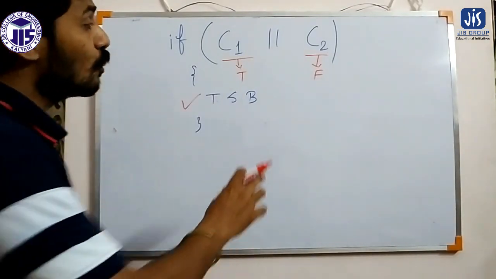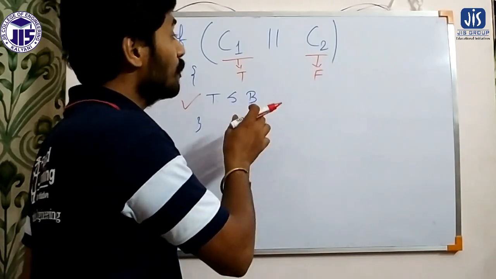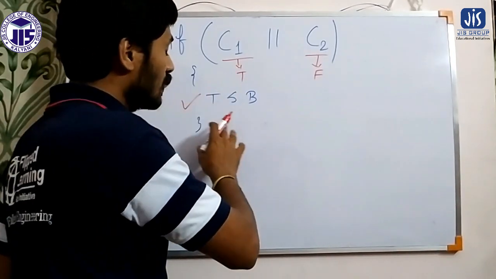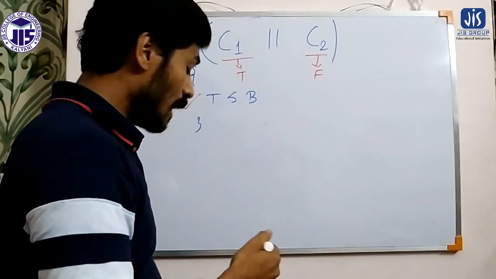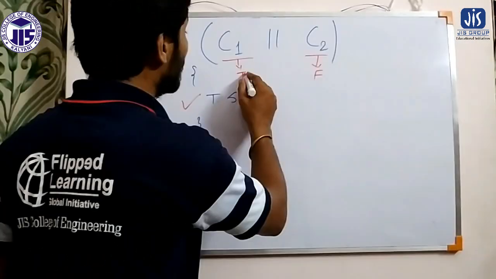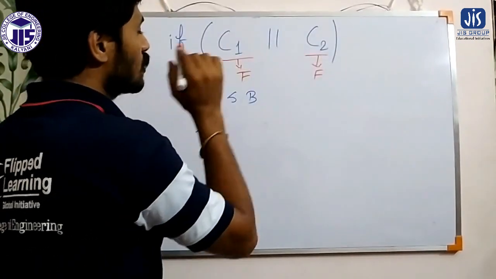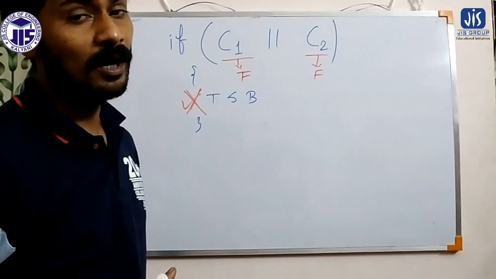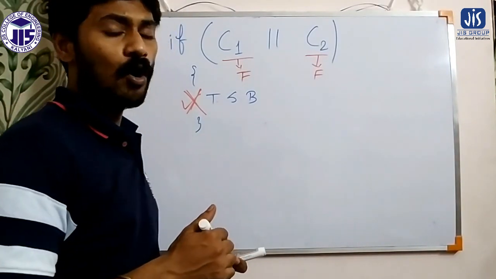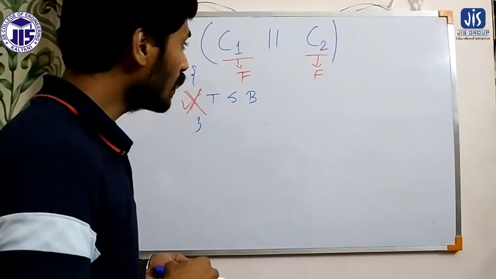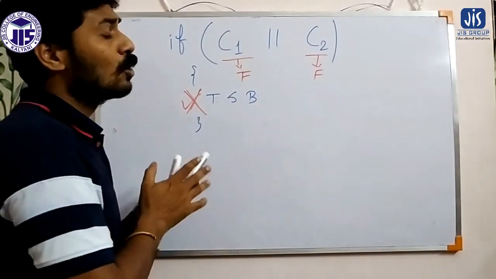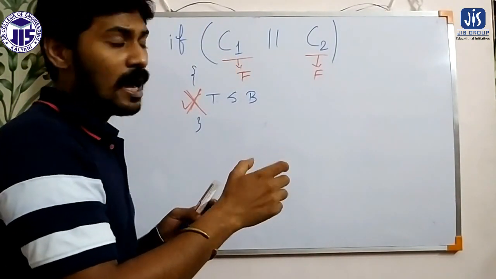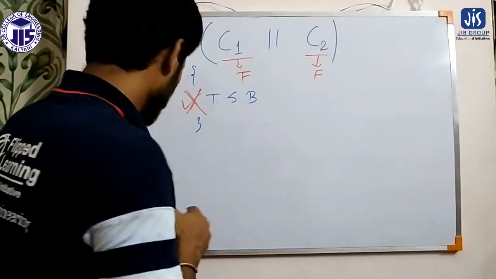In nested if, both conditions have to be true, but here, if any one condition is true and the other is false, the true statement block will also execute. It will not execute only if both conditions are false, that is, condition 1 is false and condition 2 is false. In all other cases the true statement block will execute. This way we can merge multiple conditions using logical OR in a single if statement, and the same can be done using else if also.